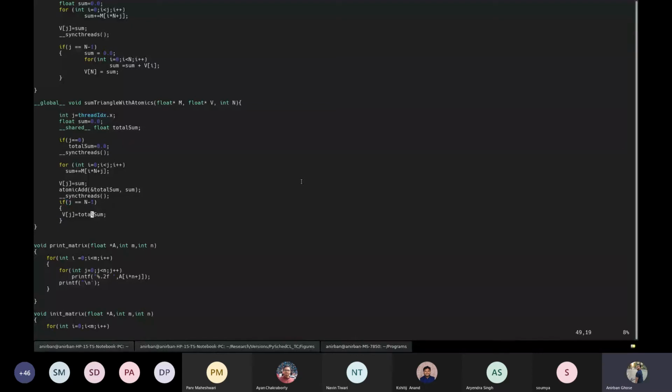Okay, so is this part clear? Should it not be Vj plus 1 in the if condition? Sorry, yeah, it should be, I guess, Vn, V capital N, because it will be the last element of the V array only, the n plus 1 element essentially of the V array. So this would essentially be Vn only. But is this atomic add operation clear?